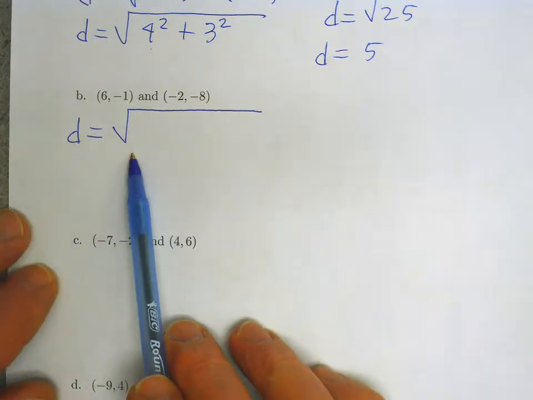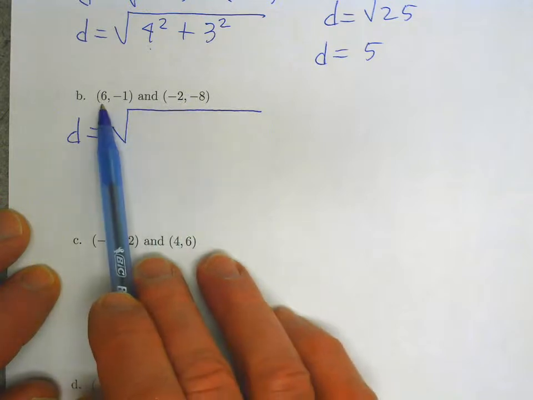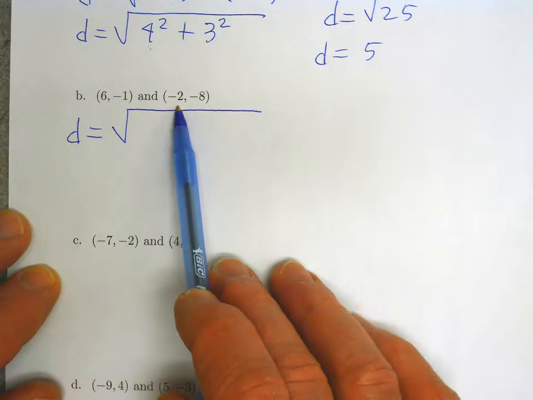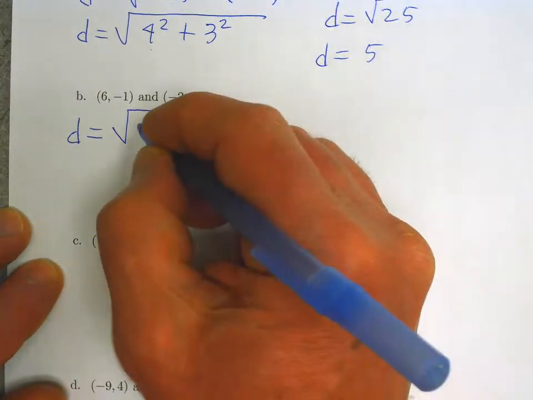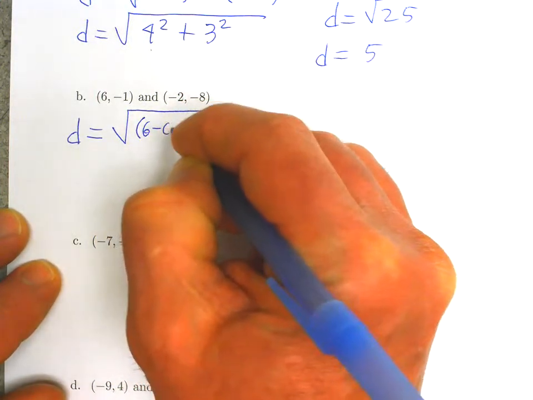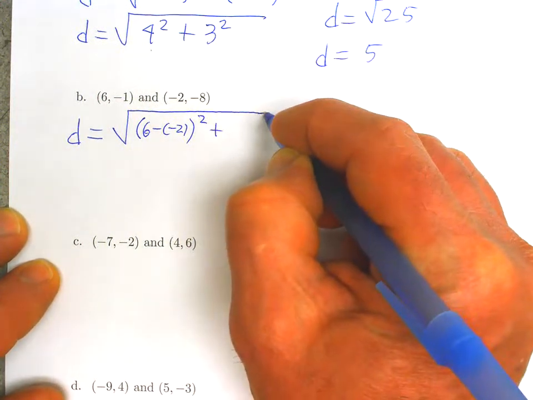So first focus on the x-coordinates. The x-coordinate of this one is positive 6. The x-coordinate of the other point is negative 2. So what I'm going to do, I'm going to write the quantity 6 minus negative 2 squared, and then plus,